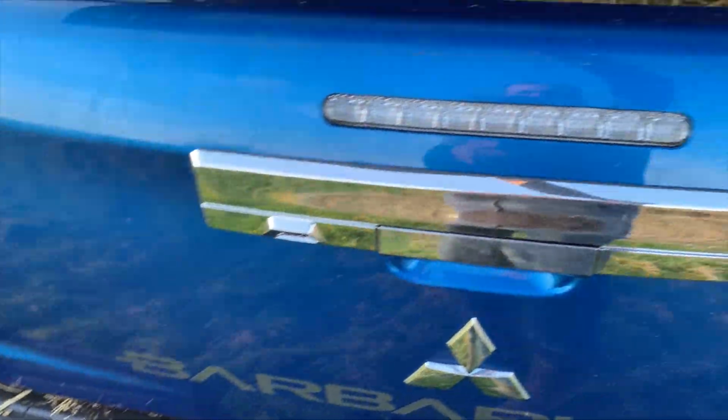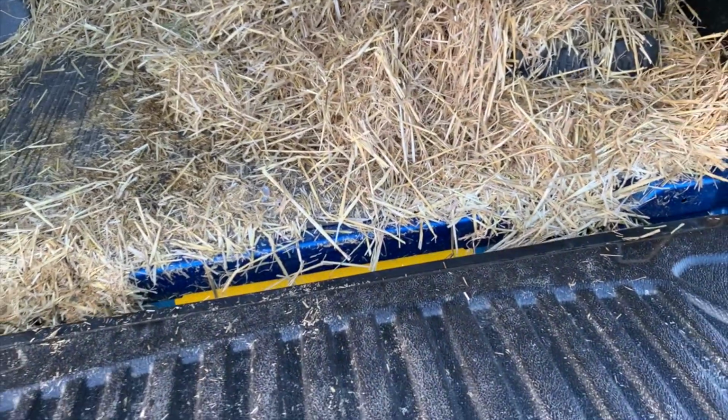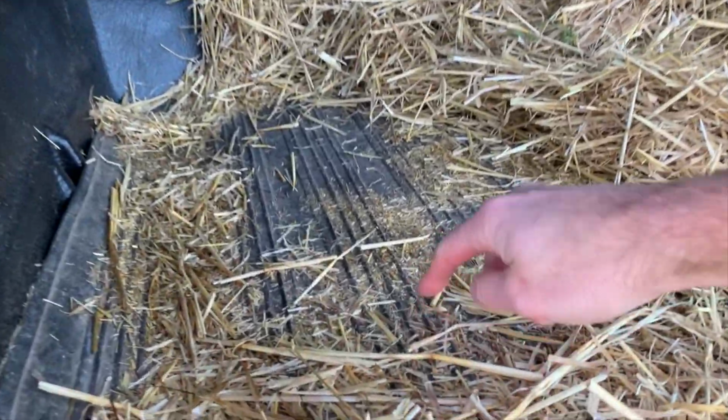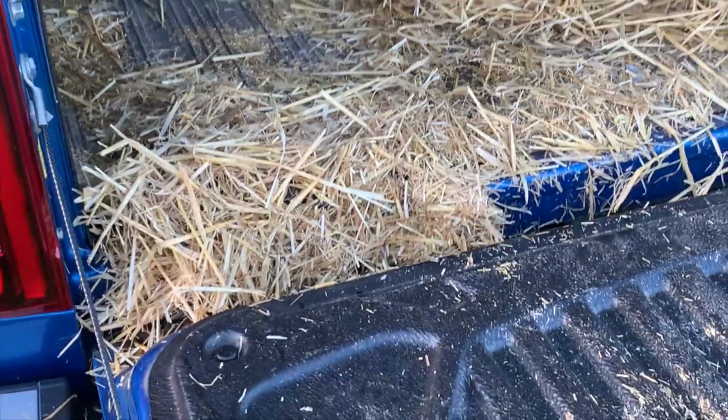Jumping into the load area, evidence of goats. And Mitsubishi press office, if you are watching this, which I doubt you are because very few people do, this is the L200 load cover. So actually we protected the L200 wipe clean floor with a D-Max mat. So it's all good in the hood. And what is good, I can't believe I just said that. Anyway, what is good is this car does